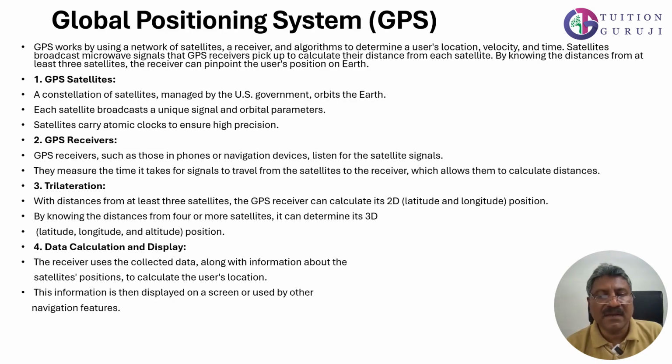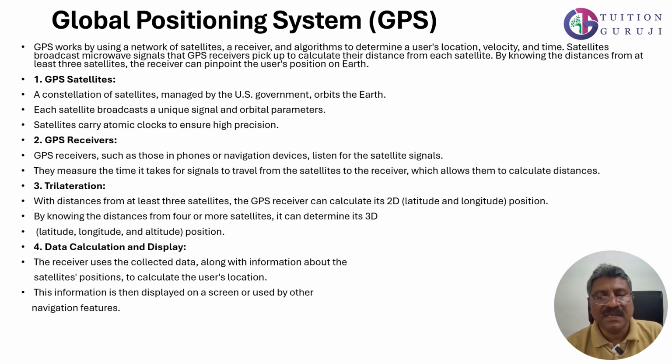GPS satellites are a constellation of satellites managed by the US government which orbit the Earth. Each satellite broadcasts unique signals and orbital parameters. Satellites carry atomic clocks to ensure high precision. GPS receivers, such as those in phones and navigation devices, listen to the satellite signals. They measure the time it takes for signals to travel from the satellite to the receiver, which allows them to calculate